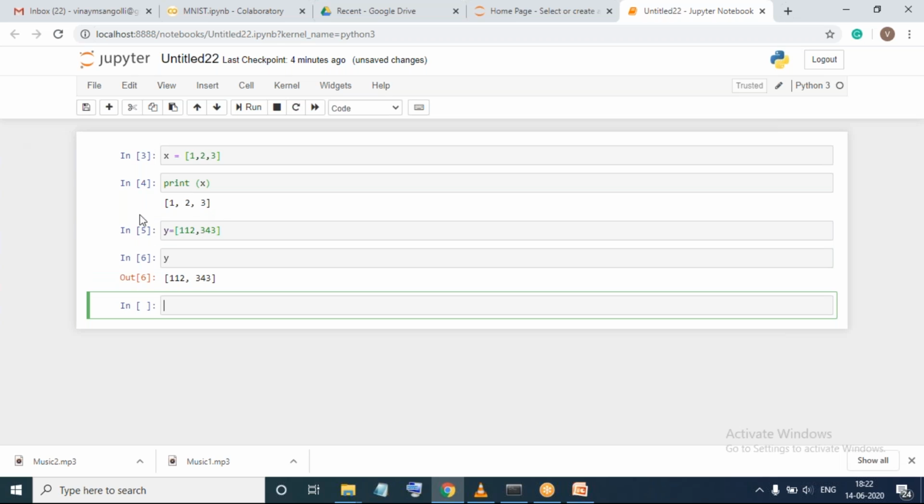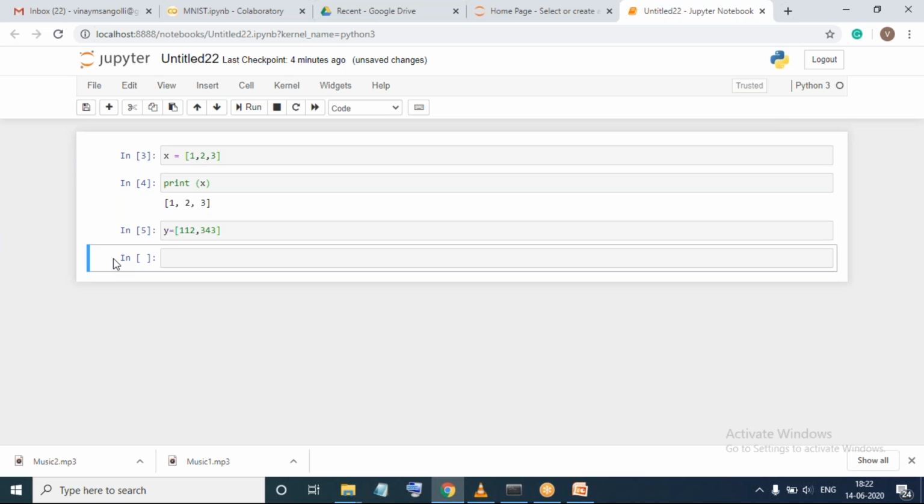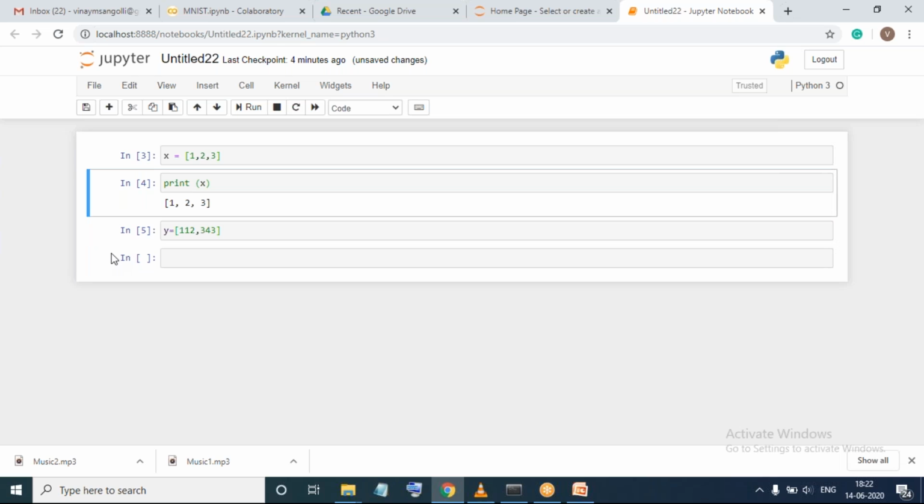Okay. Now I have created so many cells. Say I want to cut any cell. The simple shortcut we have is X. Say I want to cut this cell, I want to cut this execution of the Y cell. So I'll just press X. When I press X, the cell has been cut, and I want to paste it now. If I want to paste it, I'll just press V.